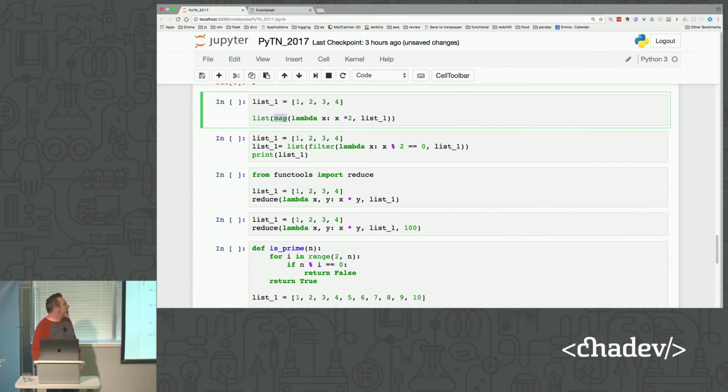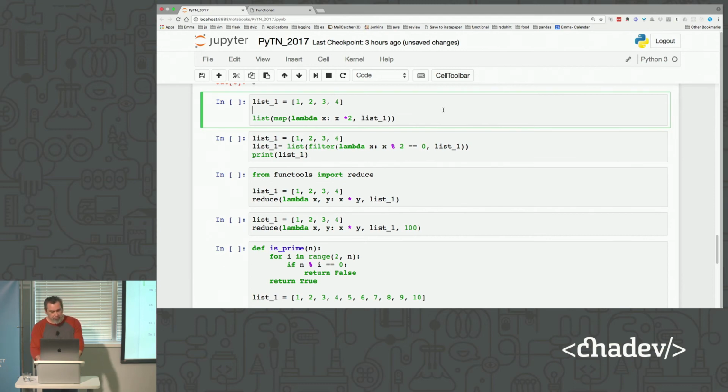But essentially what we're doing is we're taking the built-in function map, passing it whatever function we want to map over this list, right? So what it'll do is take the first item in the list, which is number 1, and it will read it as its X variable and then do whatever calculation we ask it to do in there.